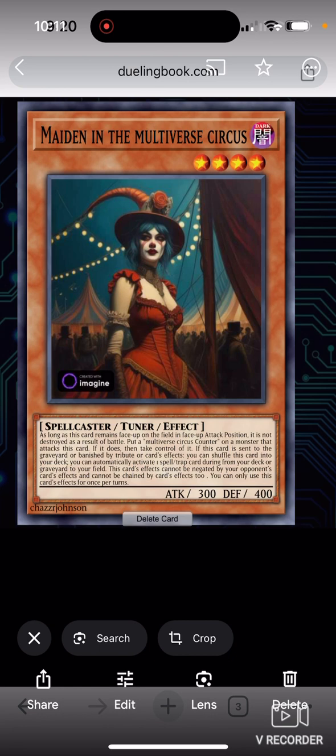And if this card is sent to the grave or banished by tribute or card effect, you can shuffle this card into the deck. You automatically activate one card directly from your deck or graveyard to your field. This card's effects cannot be negated by card effects or chained by card effects, too. So basically,